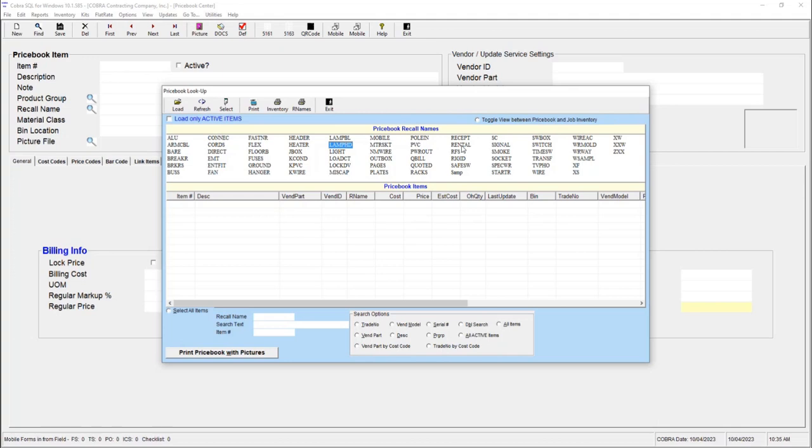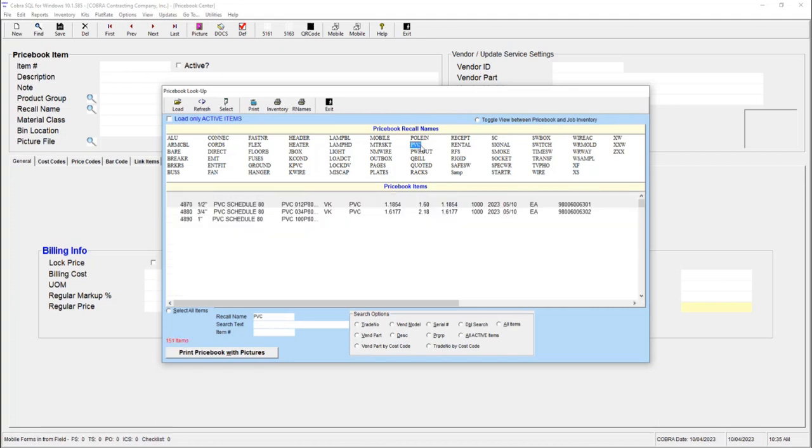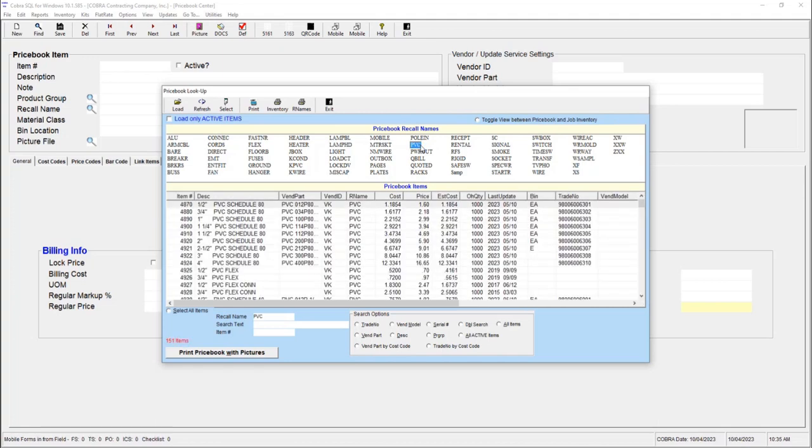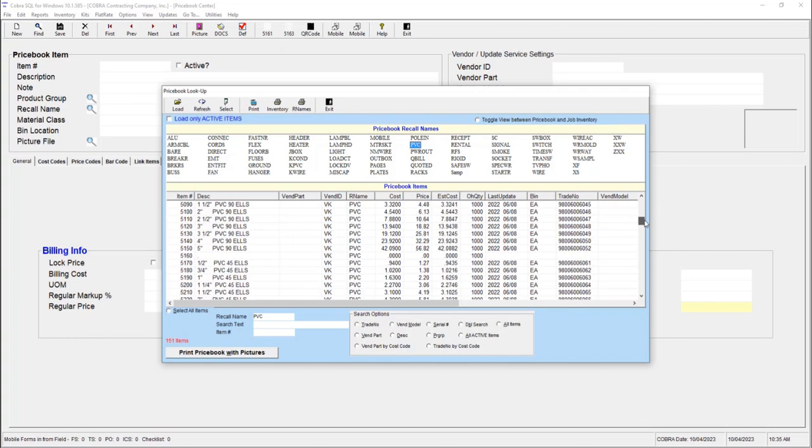So as an example, I'll click the recall name of PVC. And when I do click that, you can see that I've got a pretty long list of PVC items showing. Actually, the number on the lower left of the screen says 151 PVC items. So instead of scrolling through the whole list to find that needle in the haystack,